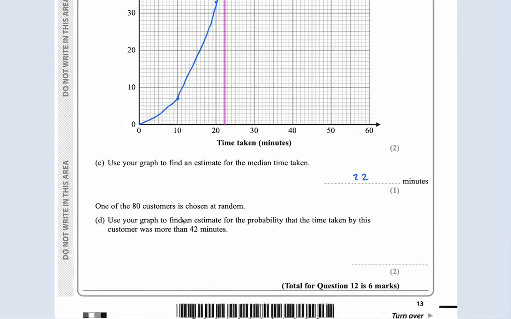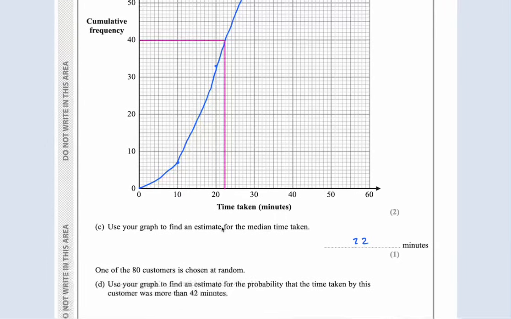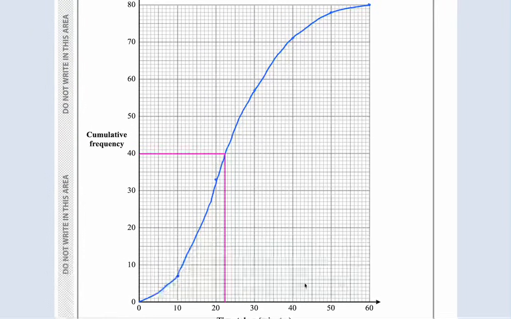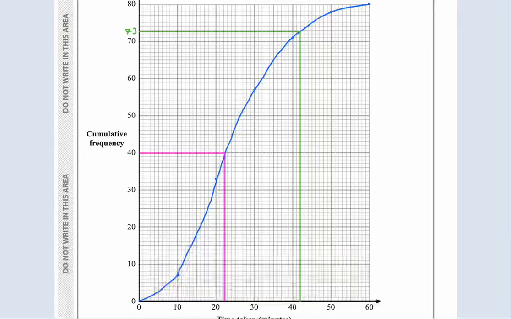Then he says, one of the customers is chosen at random. Use your graph to find an estimate for the probability that the time taken by this customer is more than 42 minutes, right? So I need to go to 42 here, 42 minutes this time it is. We go up to here, across to here, and let's say this is 73. So that means 80 minus